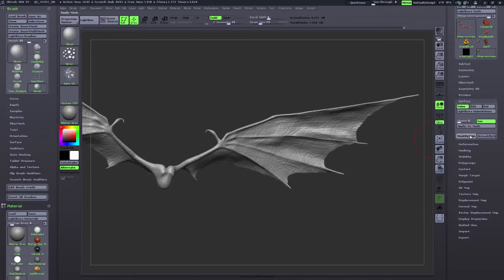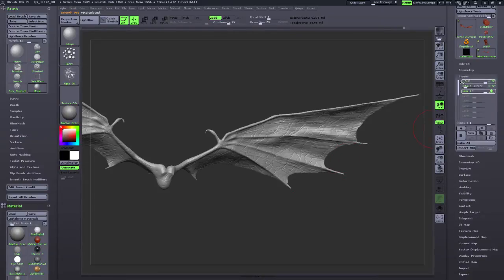But this is not applied to the mesh. This is just noise. If I turn off noise, it's gone. So I actually have to hit this apply to mesh thing, in which case it'll write it to the layer. And it's thinking about it. So one of the dangers of working at 6 million is that you gotta wait sometimes. And it is just about there. Bingo. So I can open up my layers,